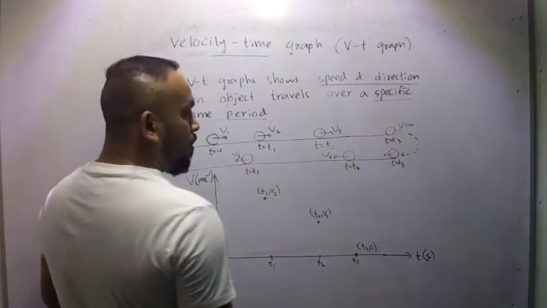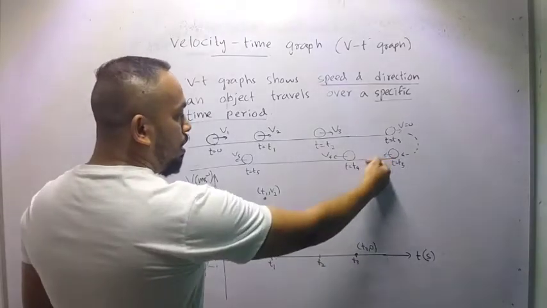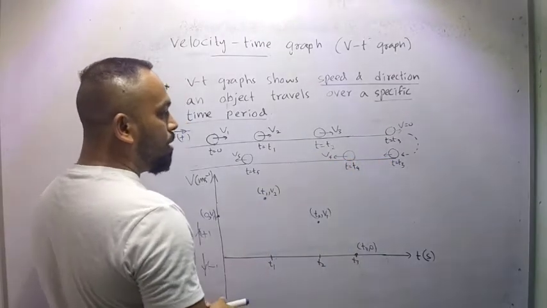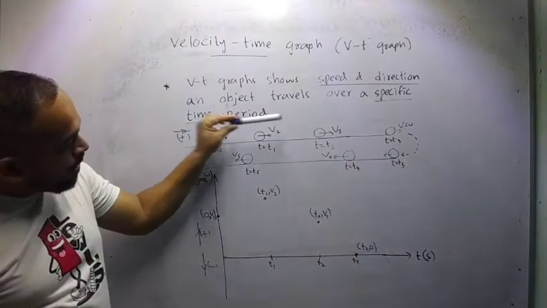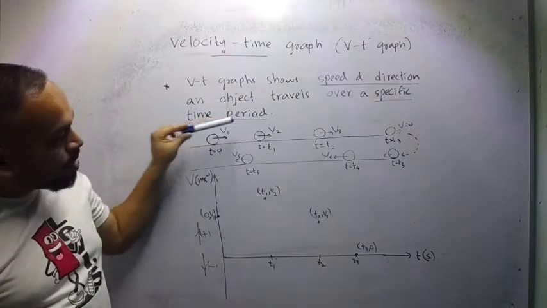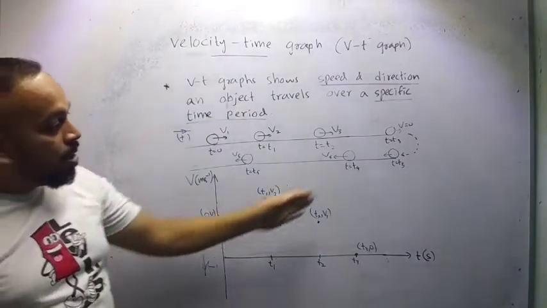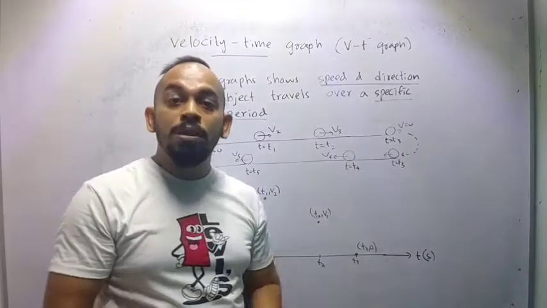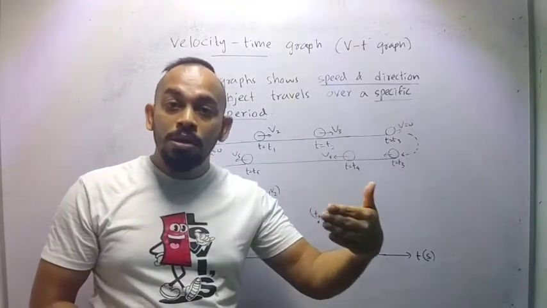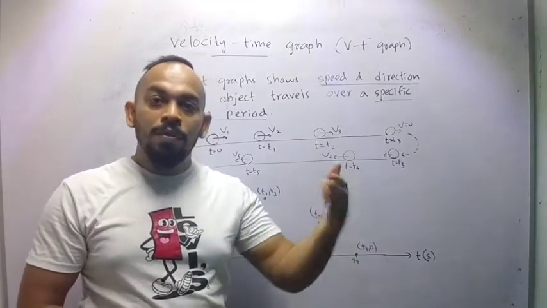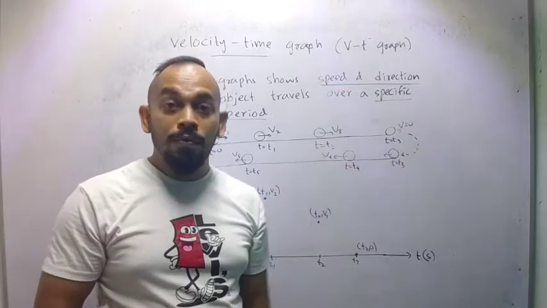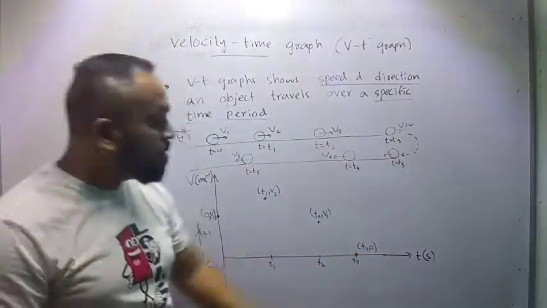So starting from T0, it moves in this direction. Now you can see that initially we took this direction to be positive. The initial direction of motion is this direction. So now the direction has changed, which means the direction of the velocity changed. Direction of the velocity change means it becomes negative now. So now we are on this side,